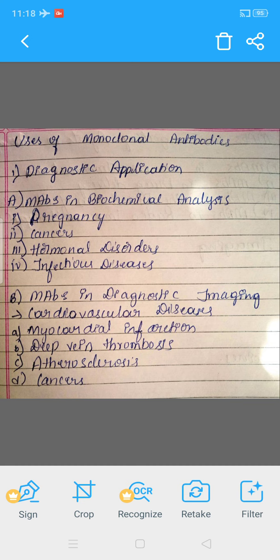In recent years, single photon emission computed tomography cameras are used to give a more sensitive three-dimensional appearance of the spot localized by radio-labeled monoclonal antibodies. And first one, cardiovascular diseases. First one, myocardial infarction. The cardiac protein myosin gets exposed whenever myocardial necrosis, that is the death of the cardiac